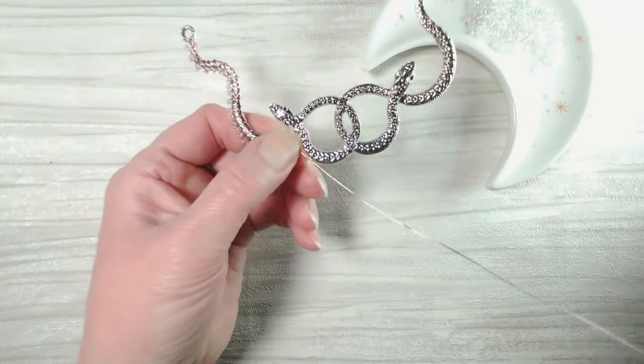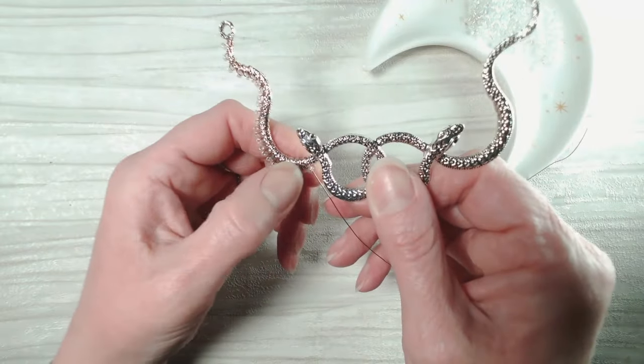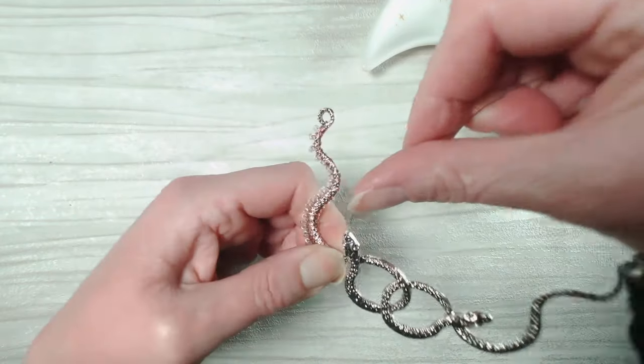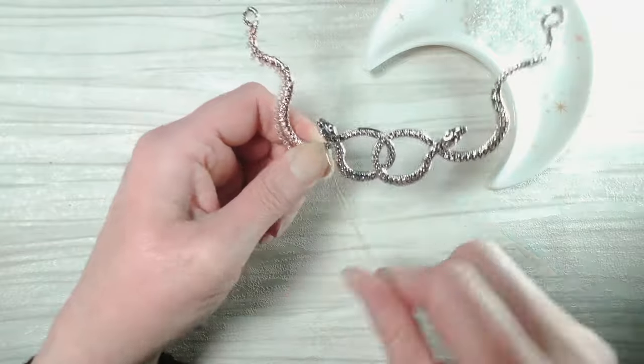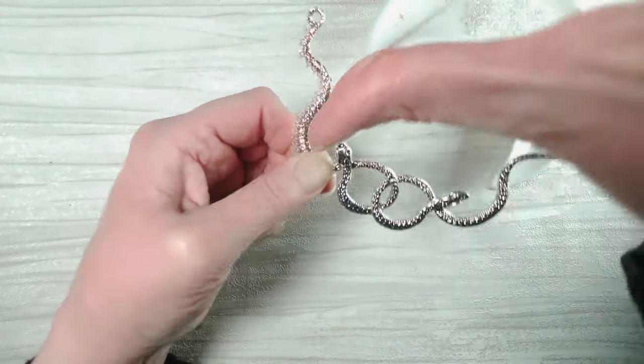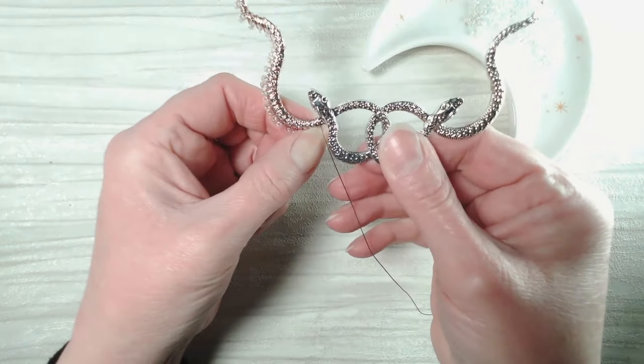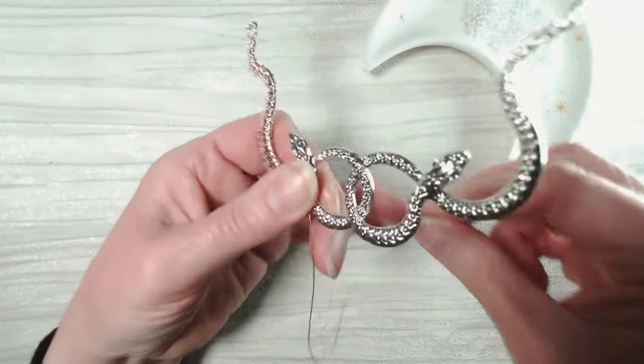Now this was 24 inches of wire. You can see we've got less than 6 inches left, and that's just the first section. Wrap twice around that frame. Now as you get close to the snake's head, you're going to want to try and leave yourself as much space as possible because we can get just one more bead in there, I think. So let's add that final bead